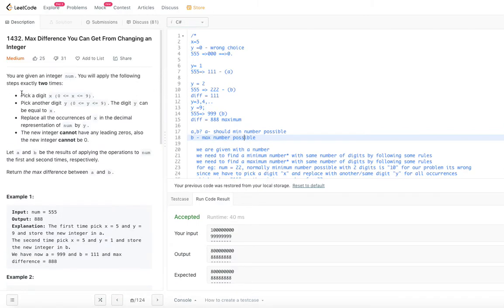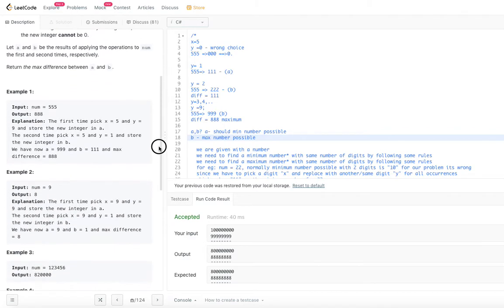So whatever the constraints that we are given, replacing all the occurrence of x with y, and it cannot have leading zeros, and the final number cannot be 0 and all that. So with all the constraints, we should find a minimum number for the given number and maximum number for the given number.